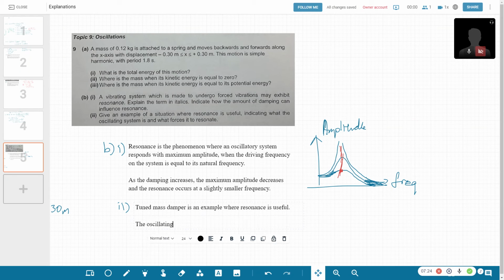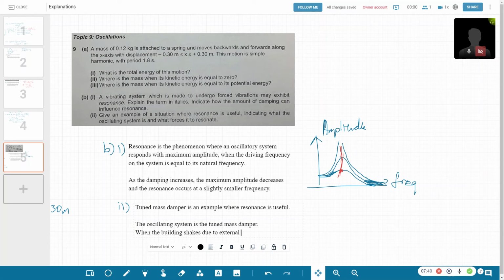The oscillating system is the tuned mass damper, and what forces it to resonate is that when the building shakes or vibrates due to external influences, which could be earthquakes or wind,